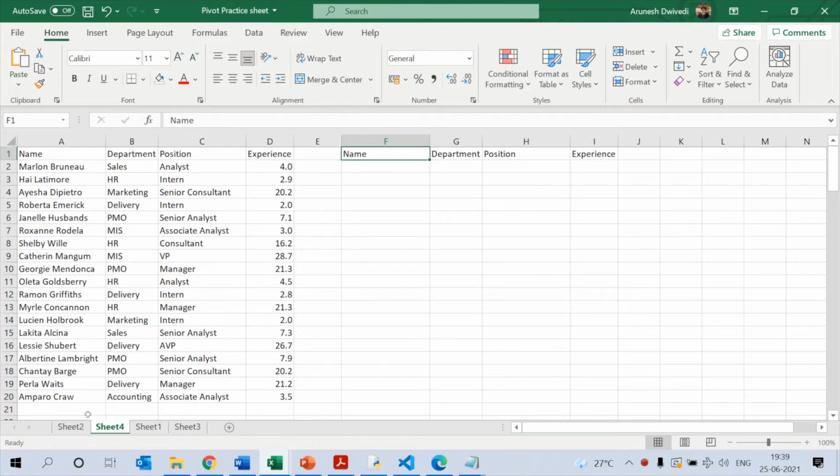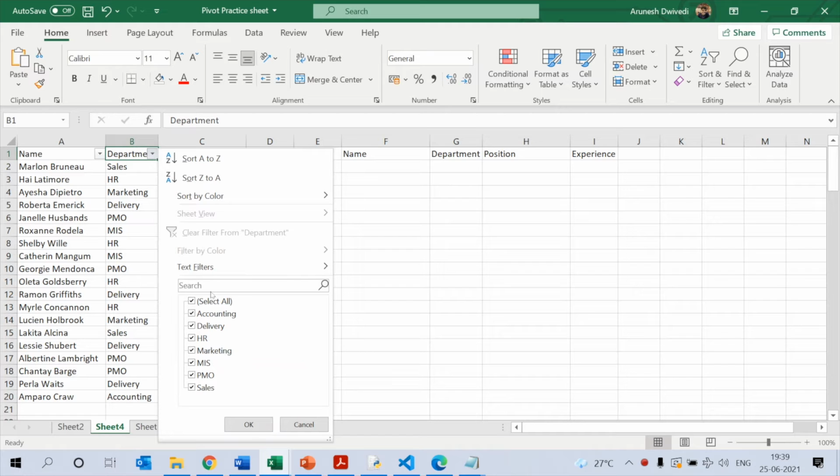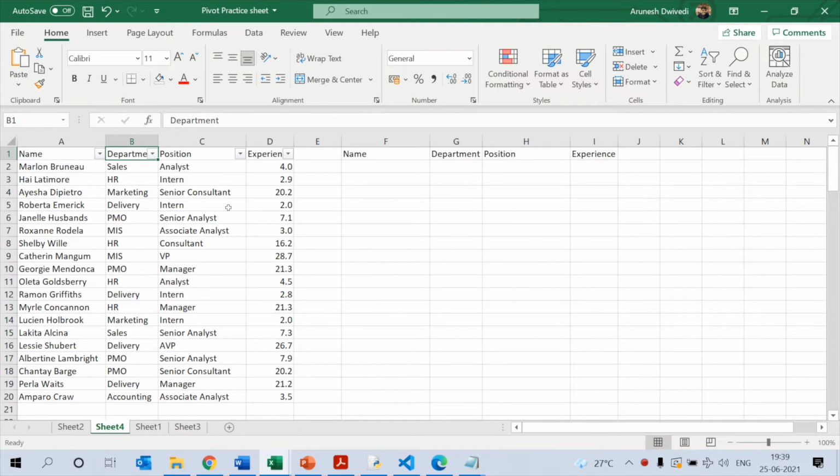So normally when we need to apply a filter, we can always press Ctrl Shift L to initiate the filter, and then you can go into this filter section and filter out the values. But Excel has also come out with a function for the filter which allows us to put more complex filters without going into the advanced filter option that is already present in Excel. So let's see how this works.